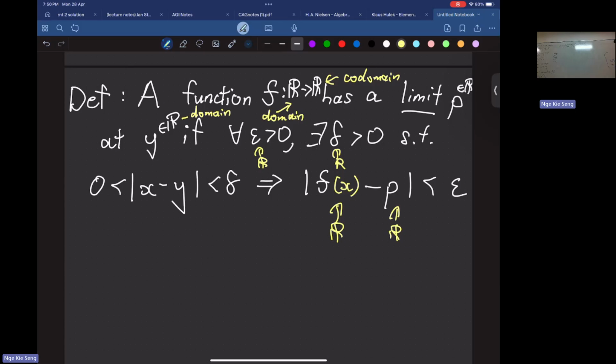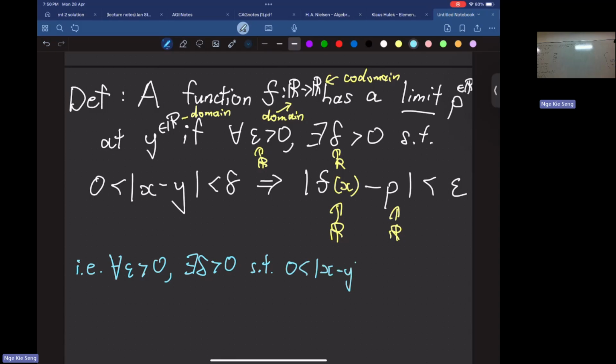So let's put this: for every epsilon, I'll put that if x minus y is less than delta, then we get